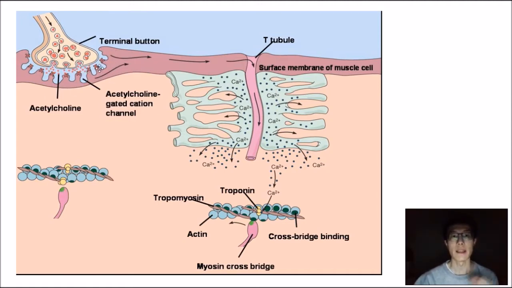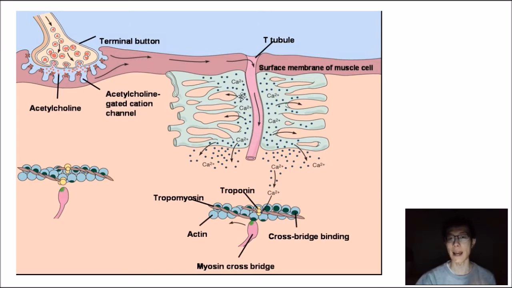And that influx, that depolarization, is then going to travel along this membrane over here, the surface membrane of the muscle cell, aka the sarcolemma, throughout the entirety of the surface of the muscle cell. Eventually, it's going to reach one of these things over here called the transverse tubules, also known as the T tubules, and they're little tubes that go into the cell itself. And so the action potential is going to get propagated from the neuromuscular junction across the sarcolemma into the T tubule, and then eventually, as it passes through the T tubule, the depolarization, the action potential, is going to cause